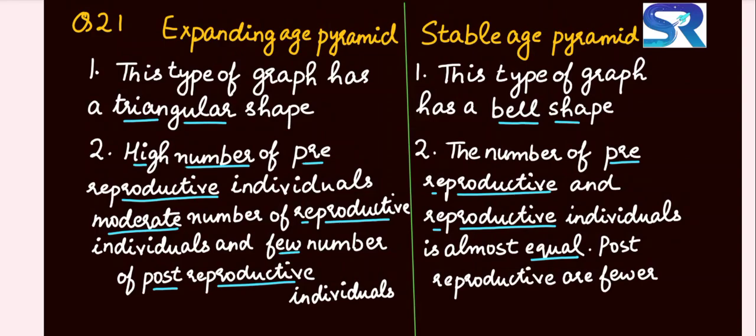Question 21. This type of graph has a triangular shape. Second, high number of pre-reproductive individuals, moderate number of reproductive individuals, and few